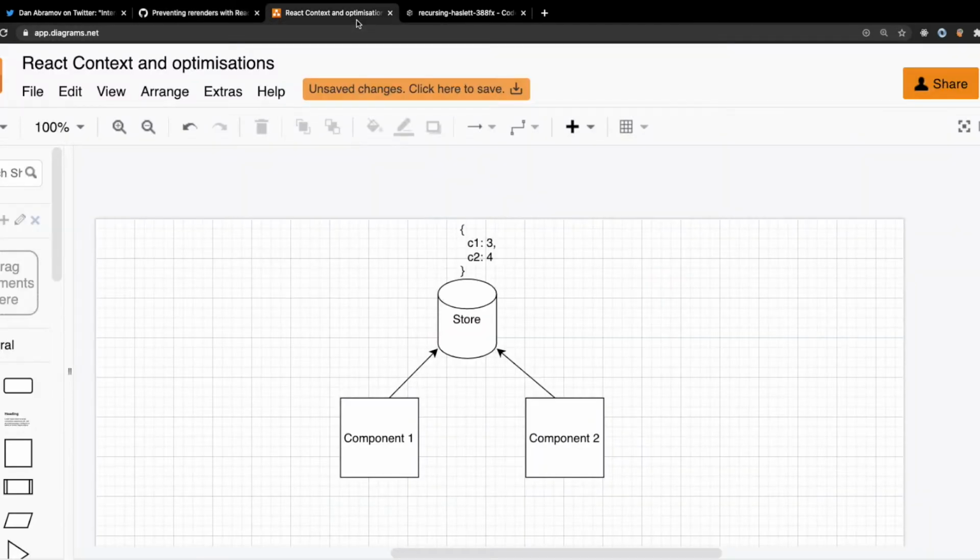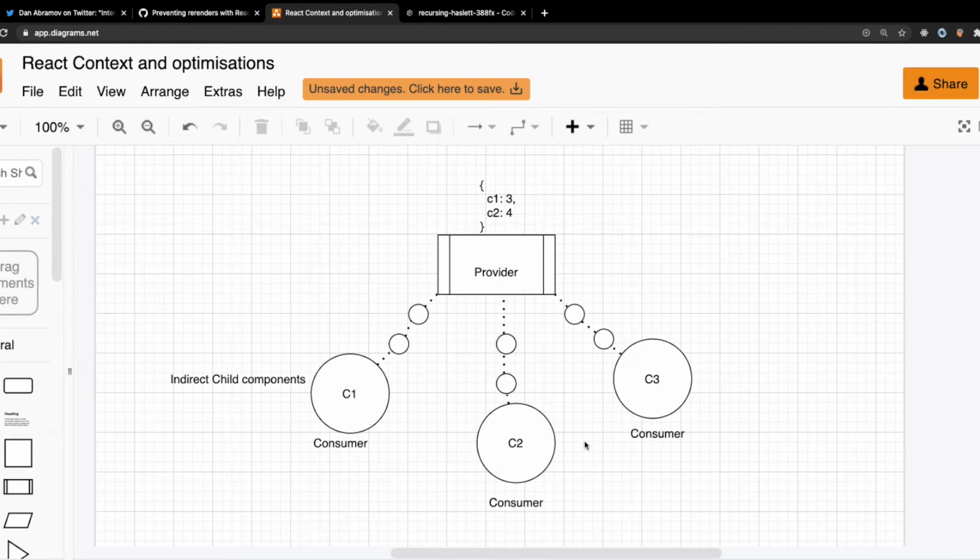So let's go to the basic concept of React context. We know that there is a store holding some data, and there are a number of components which can subscribe to the store. Now if anything in the store changes, I know that my components re-render, right? To support this type of architecture, React already provides us the React Context API, and how it works is something we'll talk about in a few minutes. Let's say my component 1 wants to access this data. In React we have a concept of providers. A provider will provide this whole store data to my component, right?